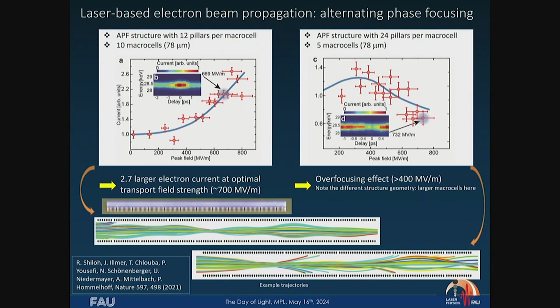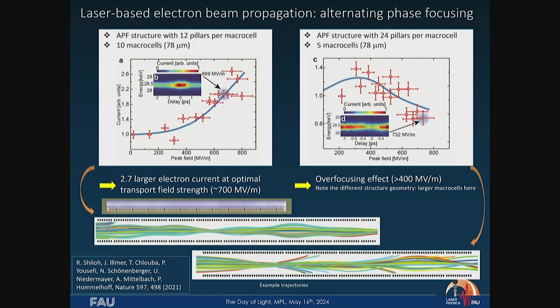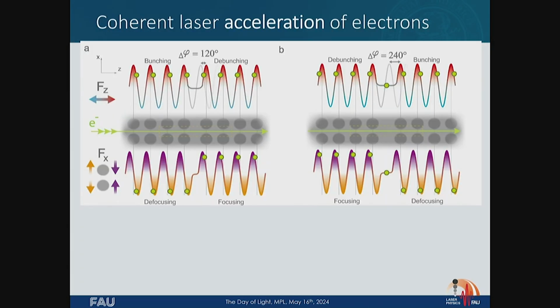So you come with a cylindrically focused. It'll come in a minute. You'll see it in a minute. When we go to acceleration, then we come to the really long structures. Here you now see a slightly different graphics. The forward force. So we want to always see the electrons accelerated and ideally bunched, so the later ones see a larger field than the earlier ones. So this is where we want to be in forward force. Then you saw it in the only equation I showed you. Then the transversal force is defocusing.